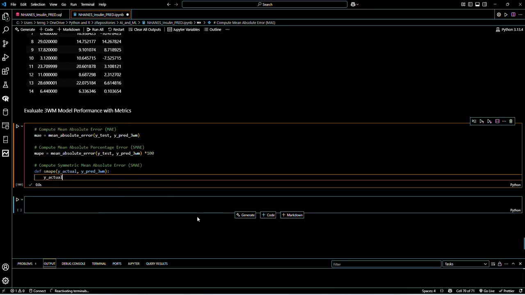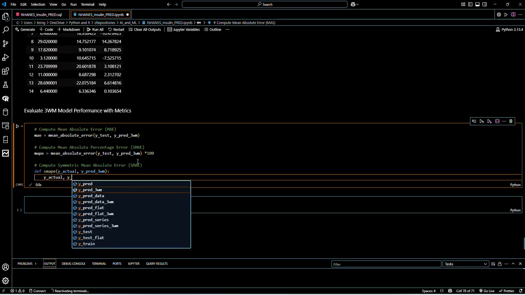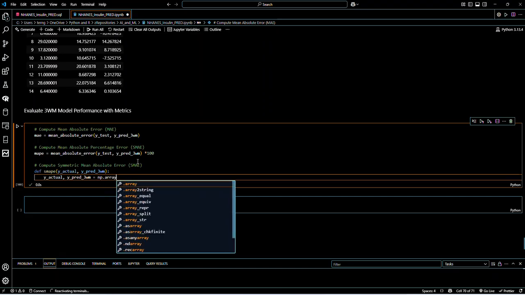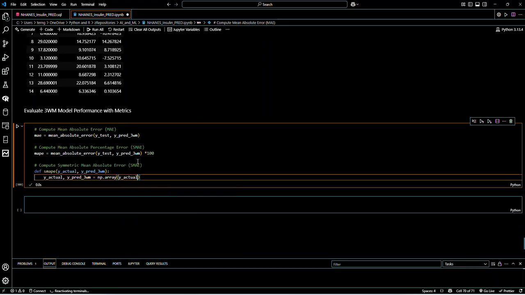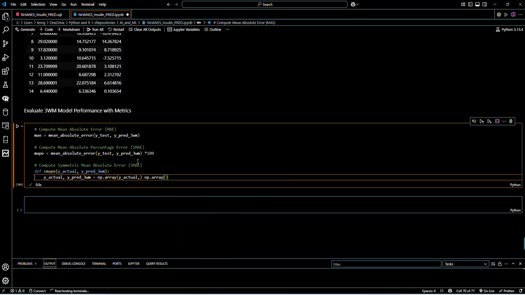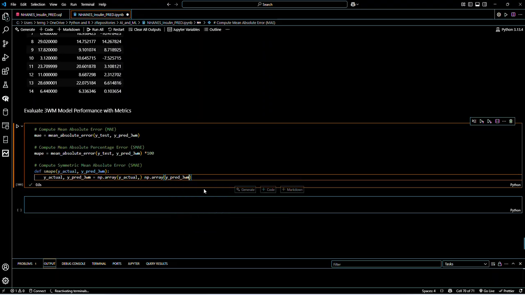Okay. I already typed y actual and y pred, so some prediction should be coming up. Is numpy array y actual, numpy array y pred,